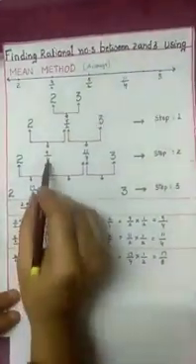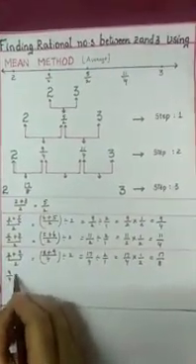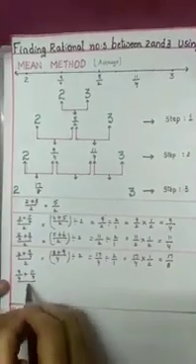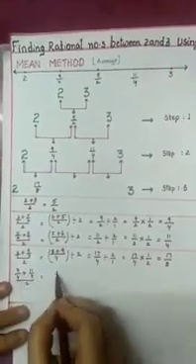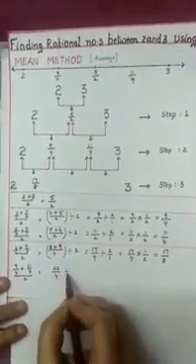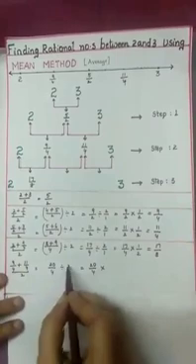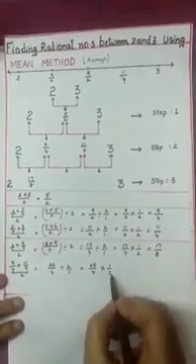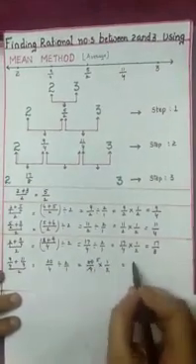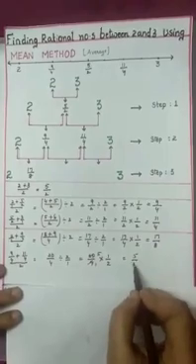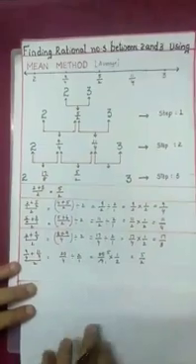Now next find the mean of 9 by 4 and 11 by 4. 9 by 4 plus 11 by 4 whole divided by 2. Now as these two are like fractions, 9 plus 11 is 20 by 4 divided by 2 by 1. So 20 by 4 into the reciprocal of 2 by 1, which is 1 by 2. So simplify here, 4 1s, 4 5s, 5 1s are 5 and 1 2s are 2. So 5 by 2 is a rational number in between 9 by 4 and 11 by 4.